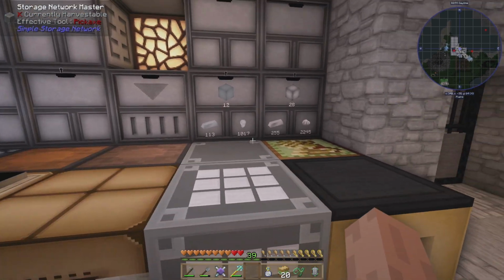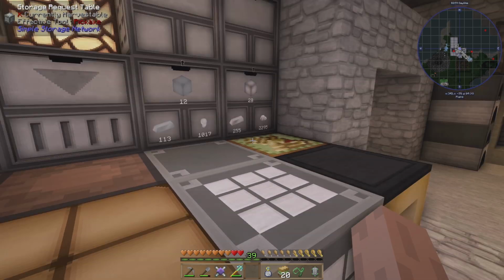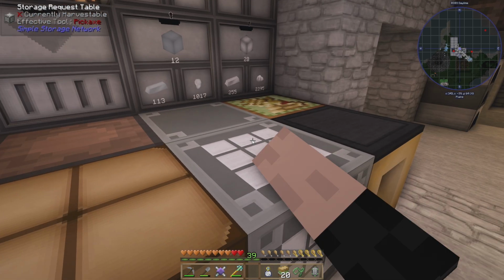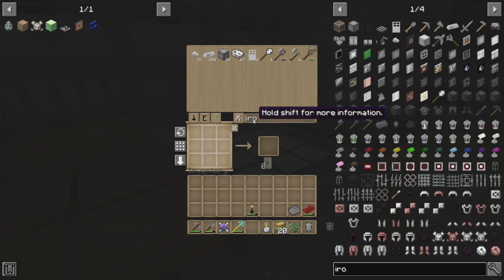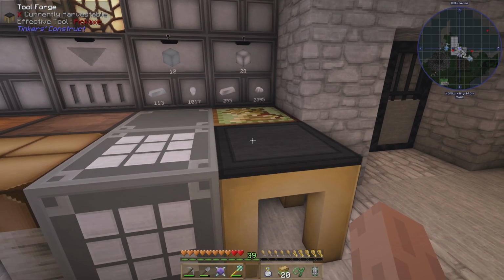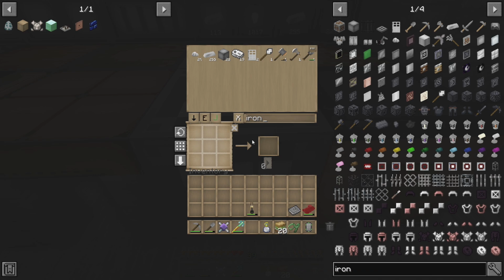And a good way to check this, every now and then I like to just make sure things look right, is we can go in here. Remember, that's 28,255 or 2,295. So if we do iron in here, 28,255 or over 2K. So that's right. So it's all ending up in the compacting drawer. And what we're going to do with that, the reason I wanted to get that iron going, is we're going to start working on armor now. So to do that, we are going to need...